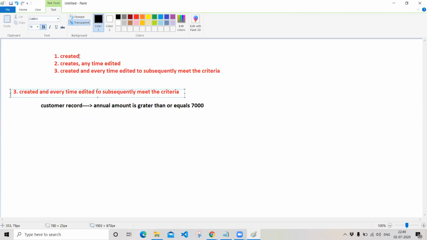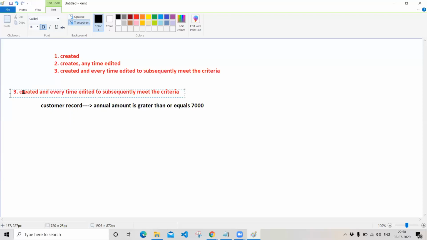We have another criteria, created and anytime edited, but we are choosing the third criteria. This is my evaluation criteria, and in the rule criteria I'm taking my rule as: whenever a customer record is created with the annual amount greater than or equal to 7,000, this rule should fire.